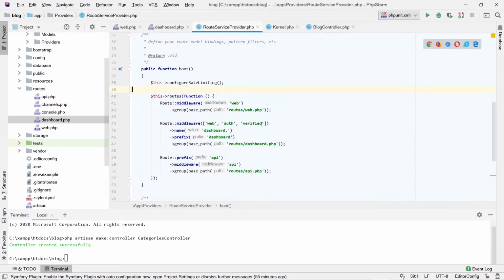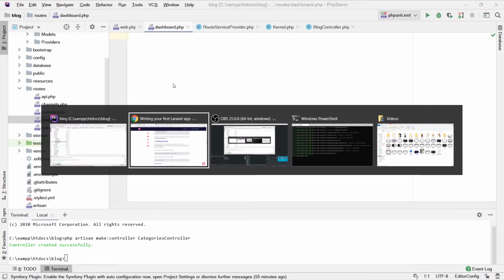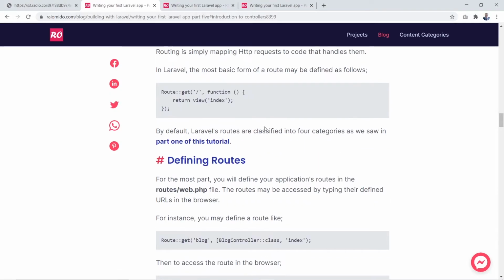But this gives us access to this middleware, and also all our names. You shall start with dashboard dot whatever thing you want to do, and then the prefix, or it shall be dashboard / everything else that you define inside dashboard. I hope that's clear. If it's not clear, we shall see more when we start using these things for our